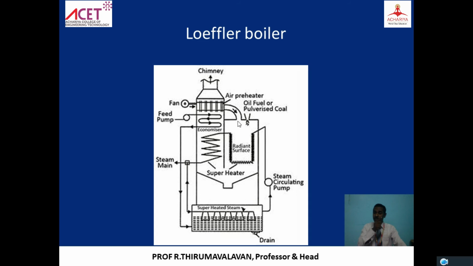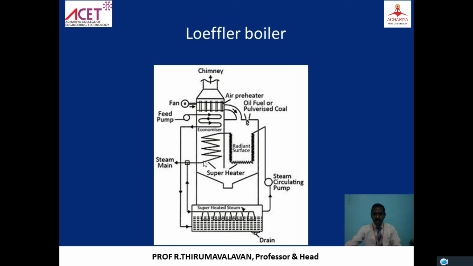Now apart from that, we have seen previously, when going for the Rankine regenerative cycle, this Loeffler boiler is using the regeneration principle. Right? In the Lemon boiler also, in the boiler drum we are only separating the steam and water droplets. There we are not doing the preheating of the steam or anything. But here what they are doing is we take part of the steam from the boiler to heat the feed water. So regeneration is utilized here in this boiler. That was the beauty of this Loeffler boiler.